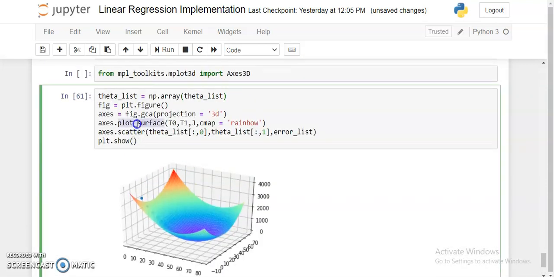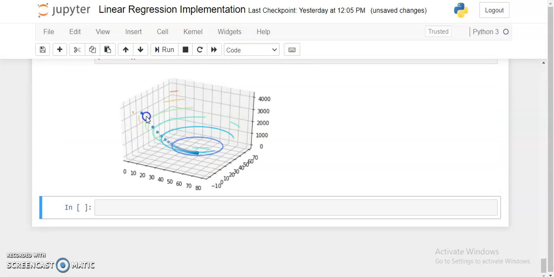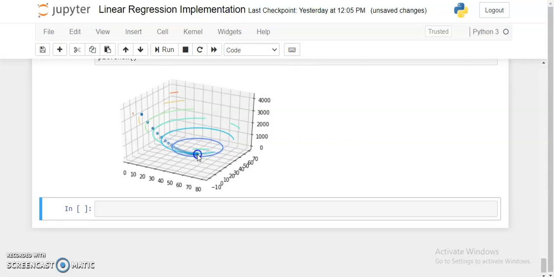And if we plot the contour, now it's better viewed, I think, that for these theta values the loss values are decreasing. So here we can see, here is the minima, and here our loss value is almost zero, and this is our best theta value for the line, right?